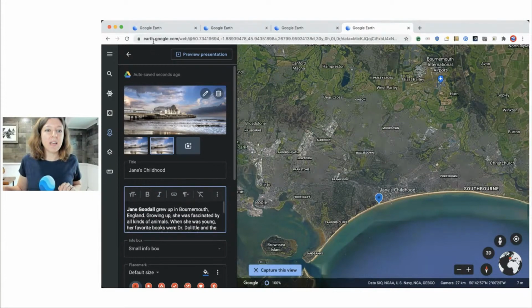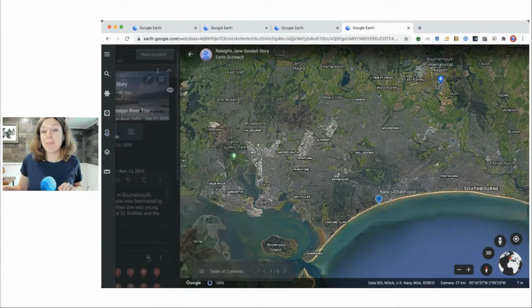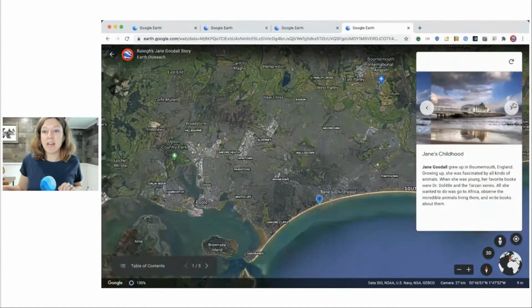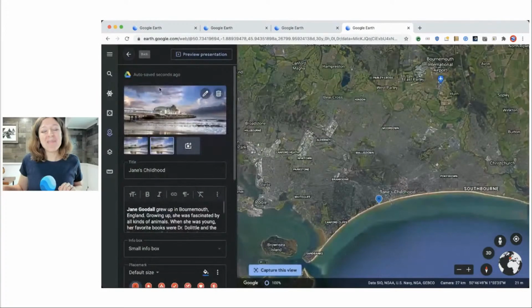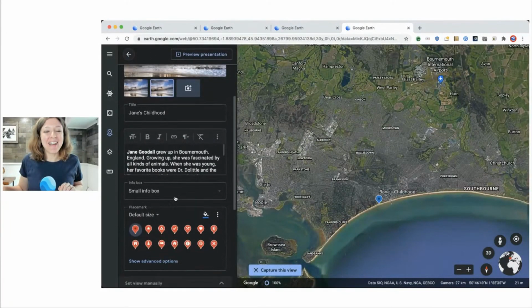So let's take a little look at what this looks like so far. To preview what your content will look like in your presentation mode, you just click Preview Presentation at the top of the panel. And now you can see your content here. Accidentally added the same photo, but you can ignore that. It's a live demo. So you click the back button to get back to the property editor, and I'm going